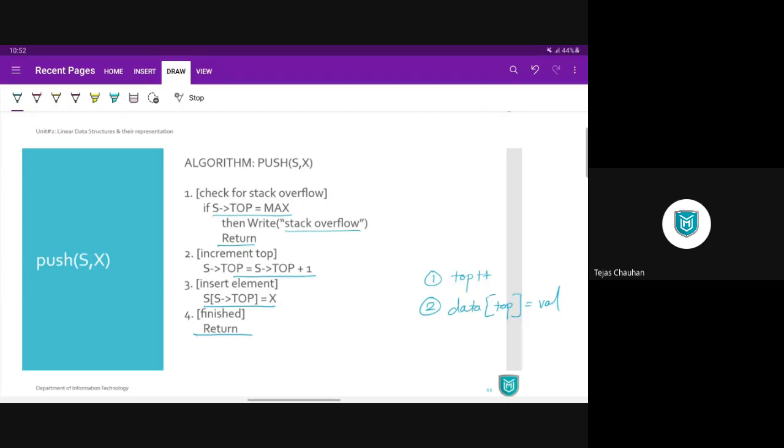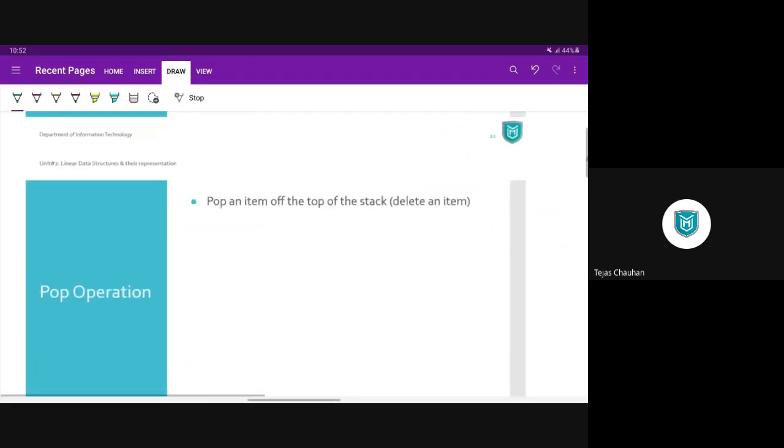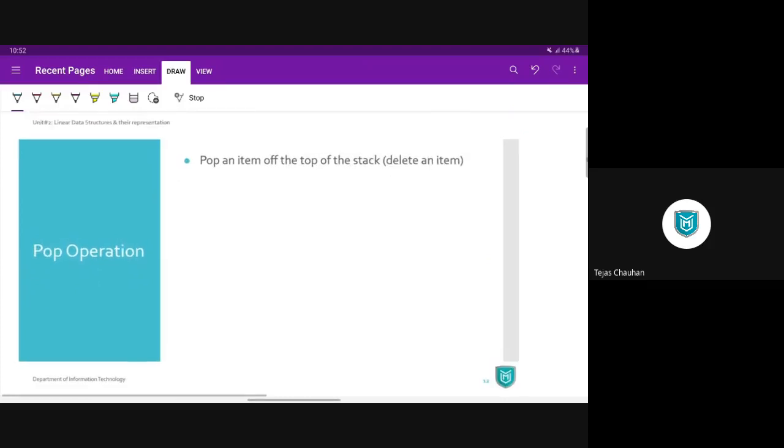Now we will see the next operation, the delete operation, which is called pop operation in terms of stack naming convention. Delete is called pop here. Pop operation will again be done on the top only. Let us consider that you already have some values in your data array.